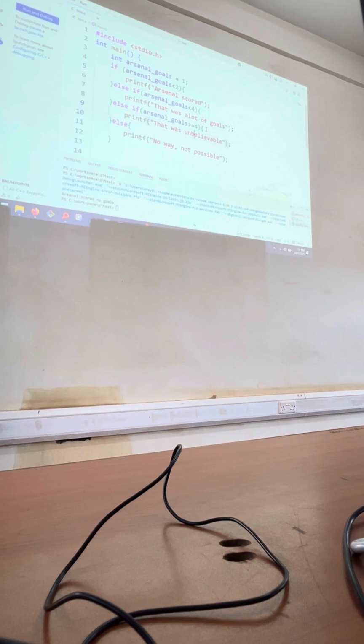But here's the thing. You don't always just need to have one statement in here. You could have a bunch of statements. You can print that, you can print something else, whatever else you want. Basically, as long as this is true, it's going to do everything that is inside this.